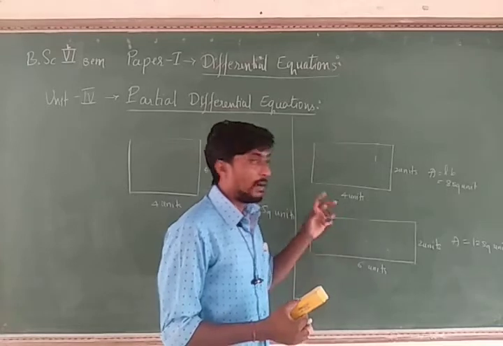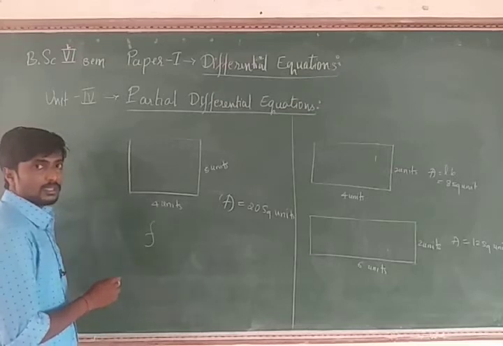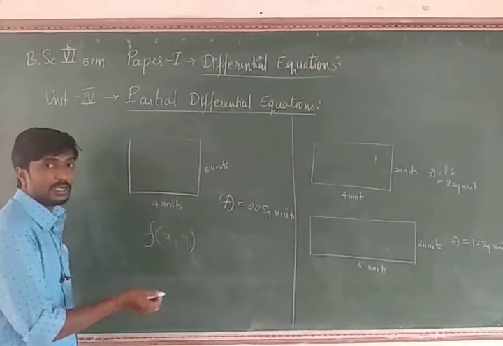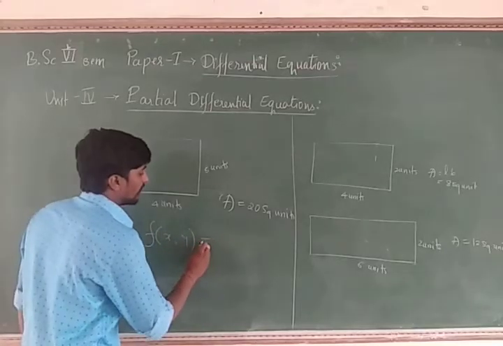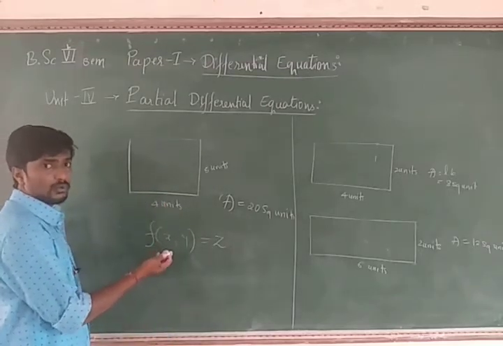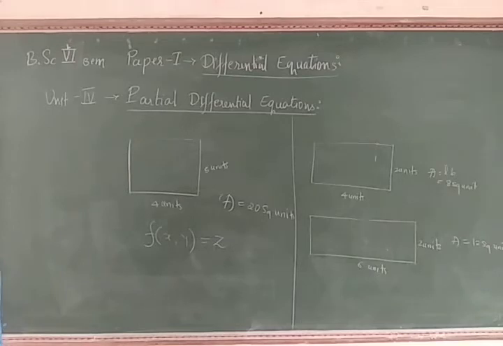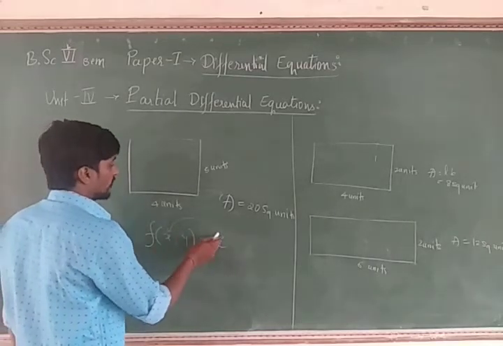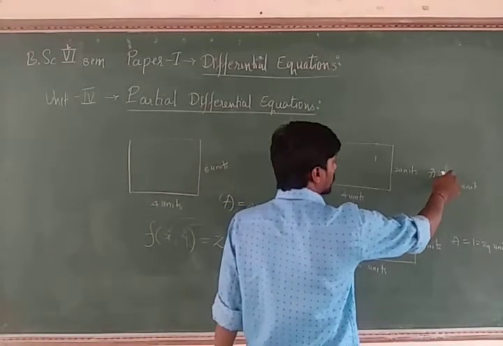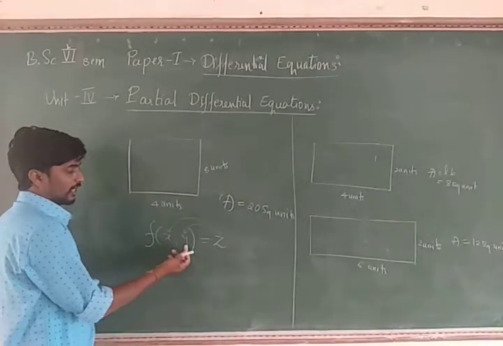So that's why partial differentiation is nothing but this: there is a function, I will call it function f, consisting of two or more independent variables, and there is only one dependent variable. So there are two or more independent variables present, and z is the dependent variable. Your z depends on x, and your z depends on y also. Here, area depends on length and also on breadth. Likewise, z depends on x and y here.